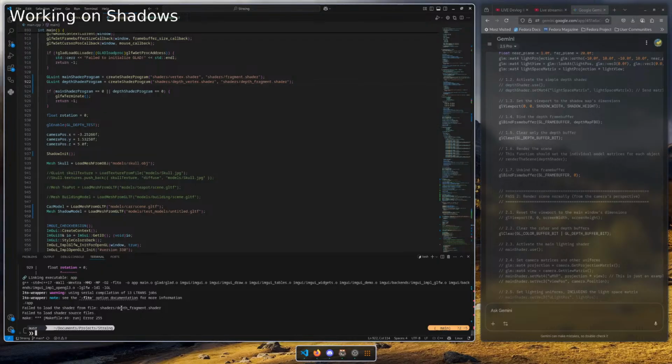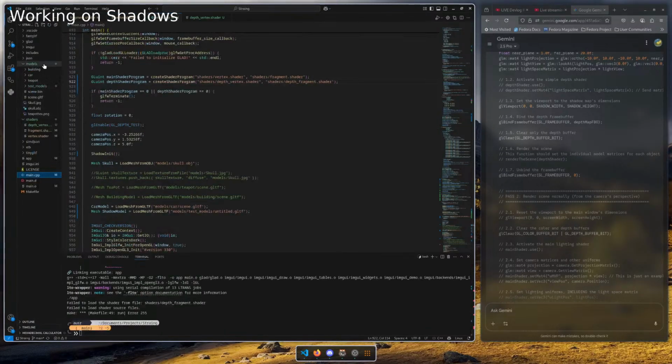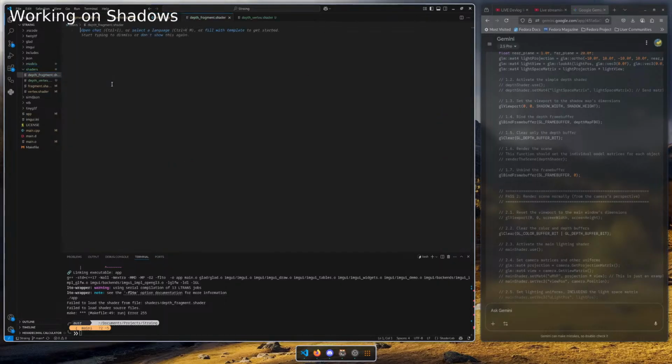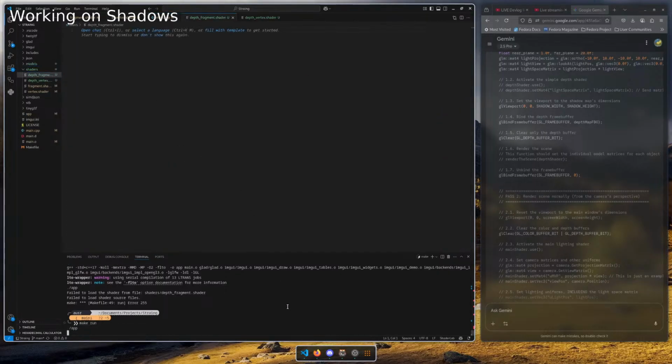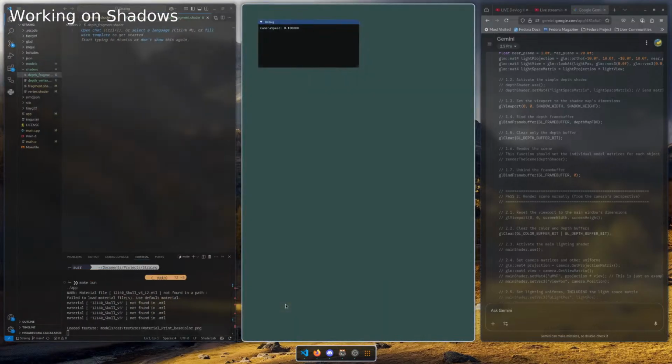Yeah, it didn't, because it failed to load the shader program. Yeah, that's because I don't have anything. Okay, it should work. Yep. Yeah, we can't quite see anything.